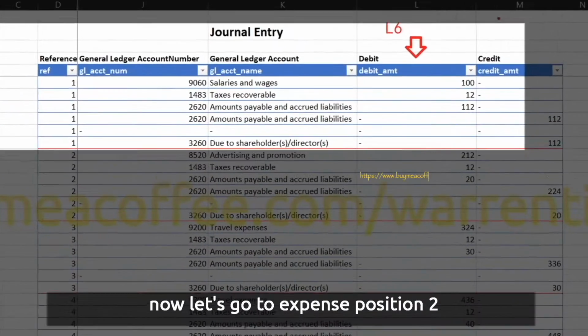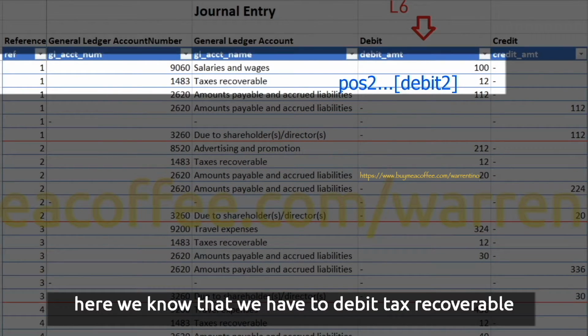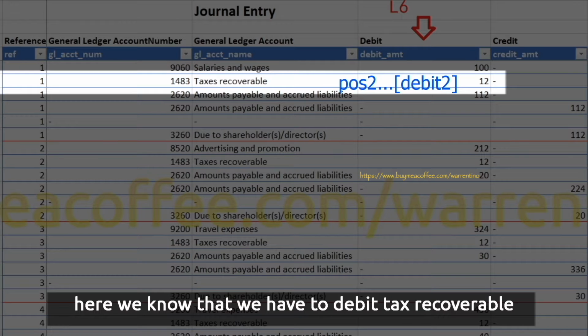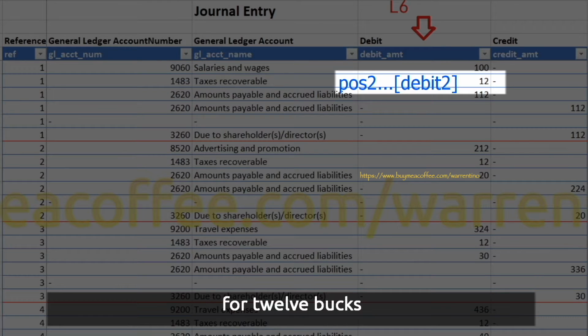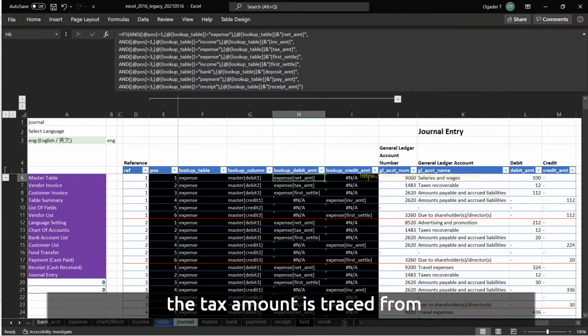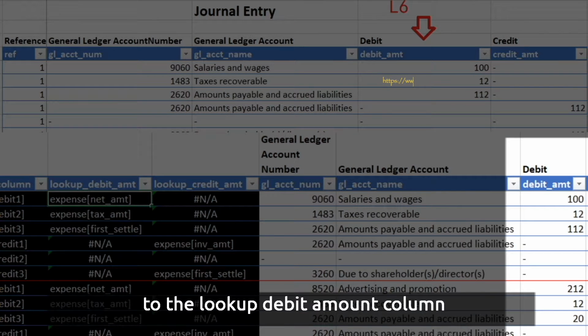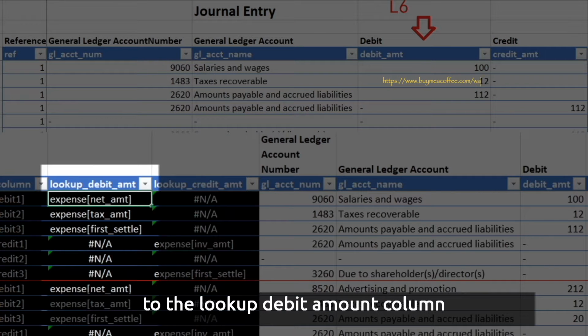Now let's go to expense position 2. Here we know that we have to debit tax recoverable for $12. Similar to position 1, the tax amount is traced from the debit amount column to the lookup debit amount column.